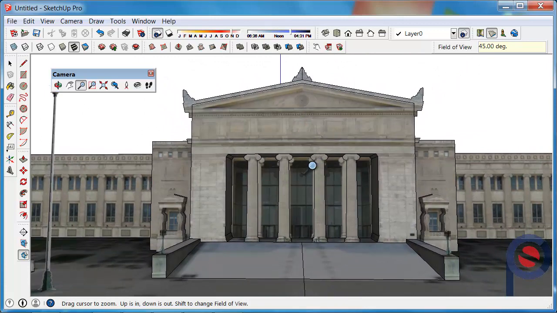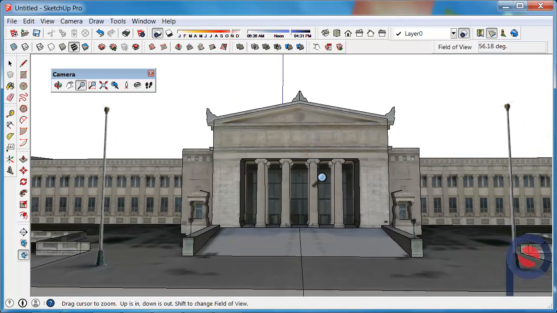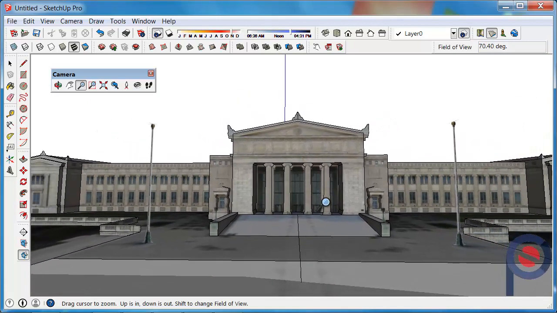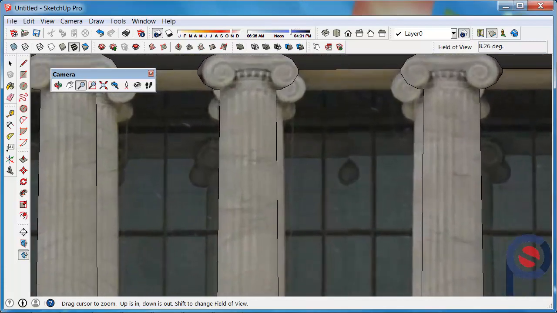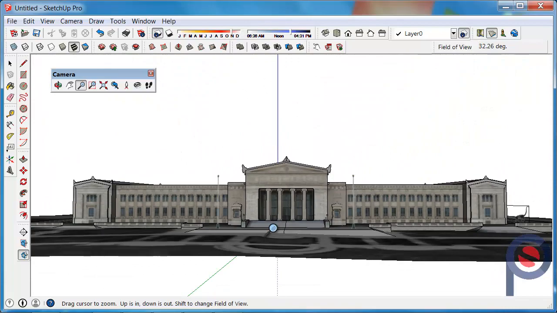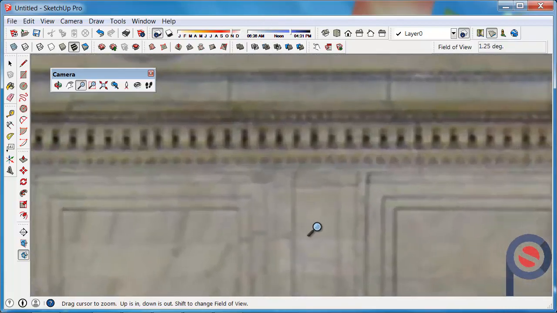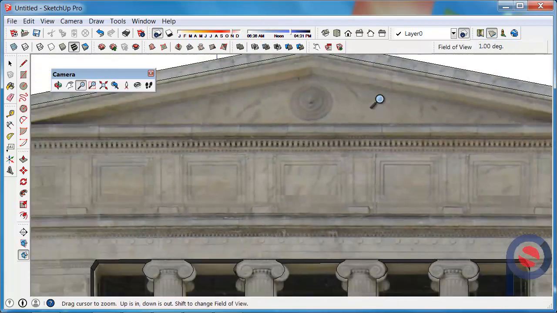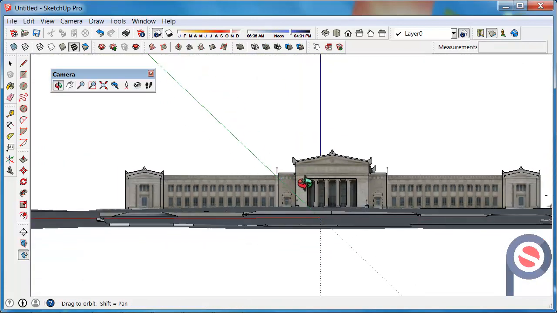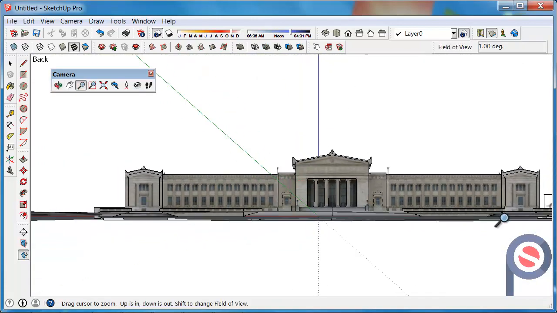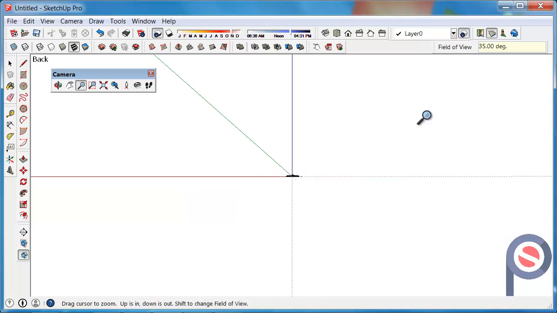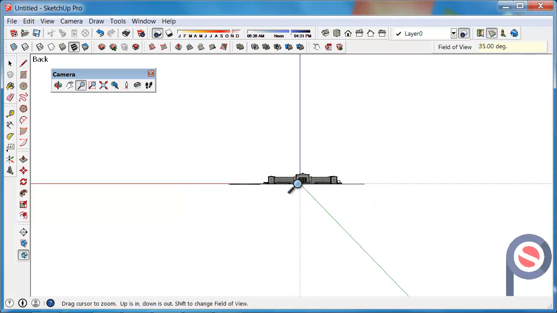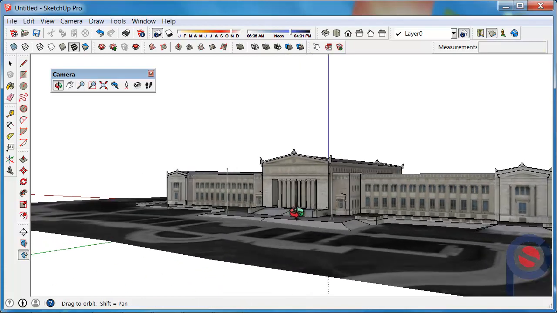Another thing you can do with the zoom tool is if you hold shift down on your keyboard and then drag the mouse downward, it increases the field of view, and if you drag it upward, it decreases the field of view. So essentially, let's say we had basically one field of view, that would be literally a flat drawing, almost 2D. But if we set it back to 35, then you can see that the perspective's gone back to the standard